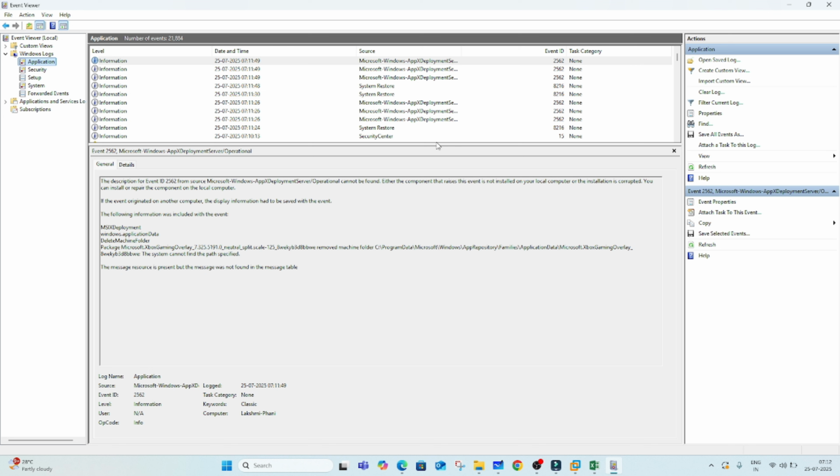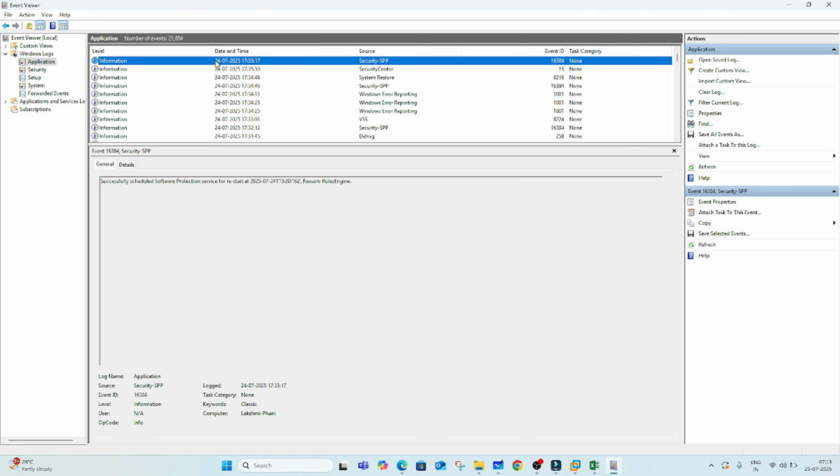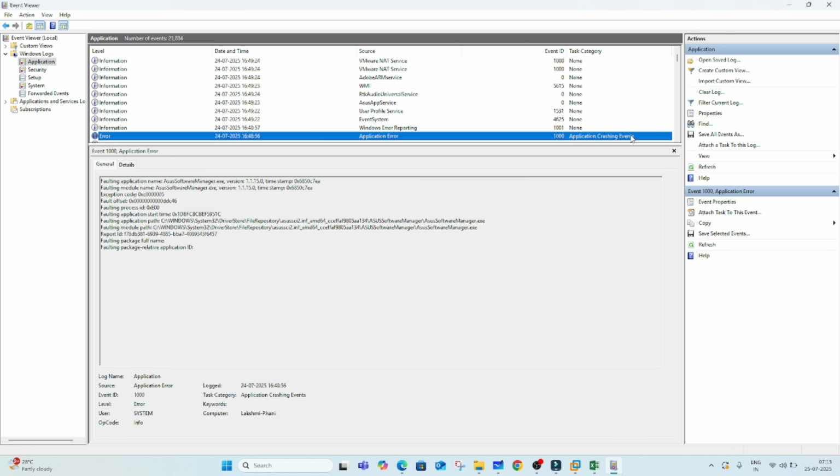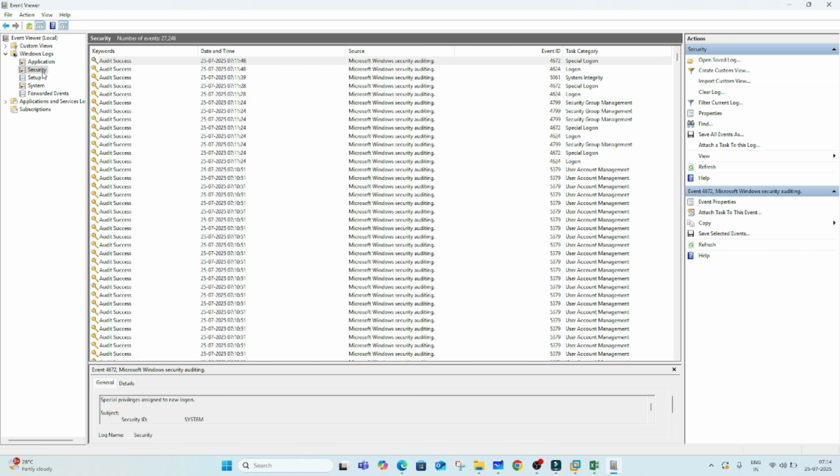If you install any software, it will show as 11707, and 11724 for an app uninstalled. If an app is installed, it will show as 11727. And if you observe here, you can see the date and time when it was created, the source, and the event ID. 1000 is an application crashing error.